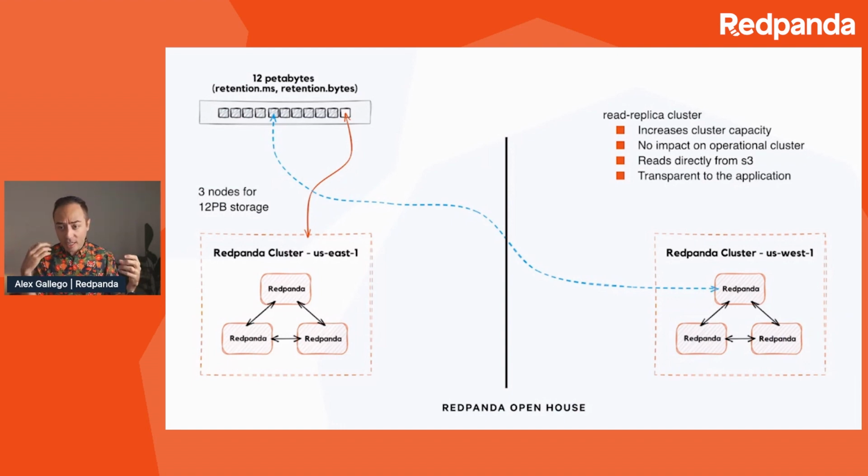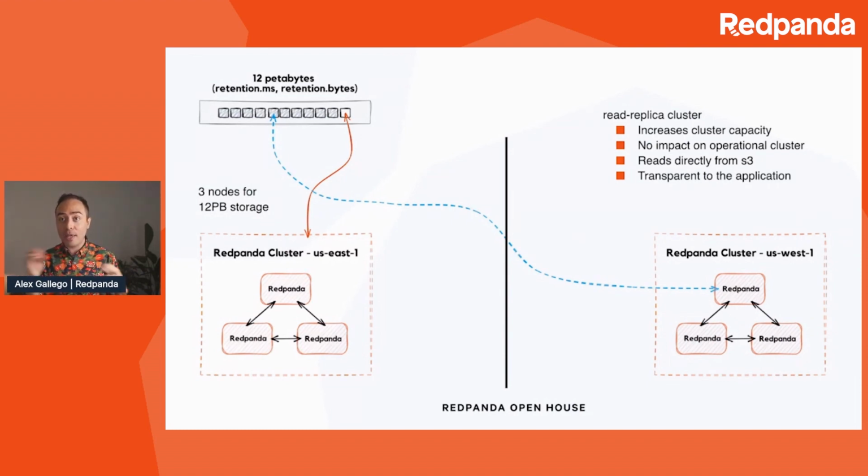And so the key takeaway for a practitioner here is that you can have your operational cluster, let's say, managing your trading application, and then you can bring up a new cluster that connects to S3 directly, and it has zero impact on your operational cluster, but is able to give you, within minutes of latency, the data from your operational cluster. So if you have a machine learning application, an AI application, IoT, or any sort of aggregate analytics cluster, you can be sure that nothing you do to this throwaway or read replica cluster is going to affect any production.